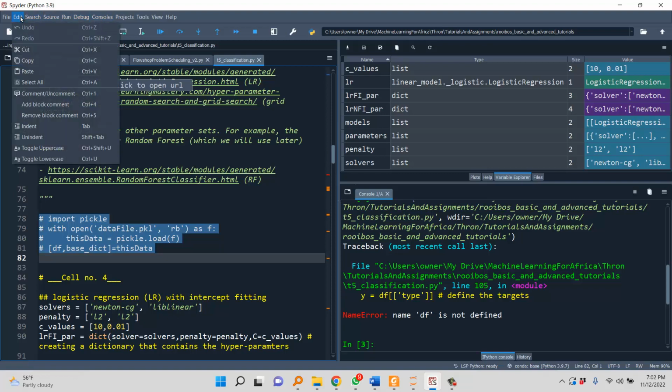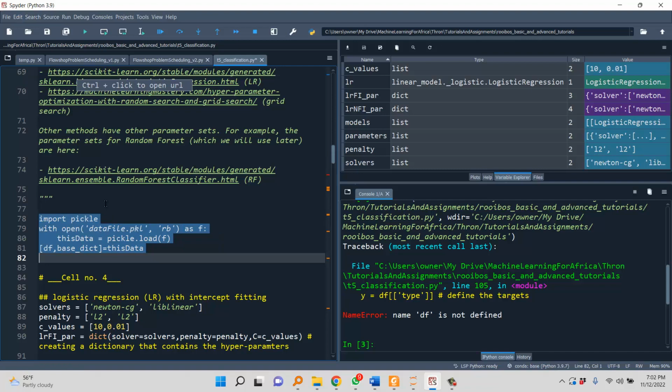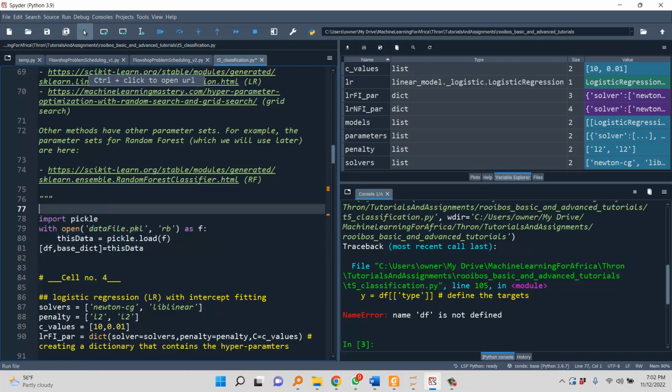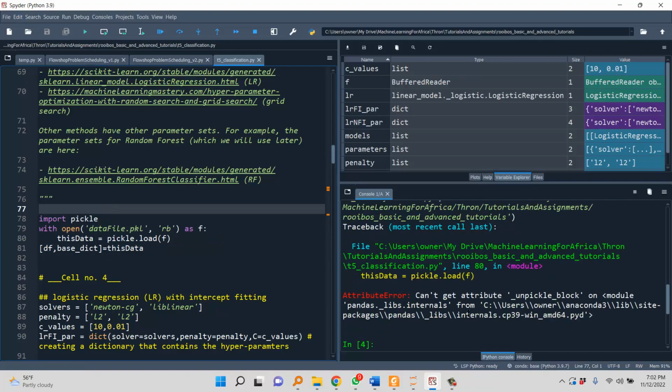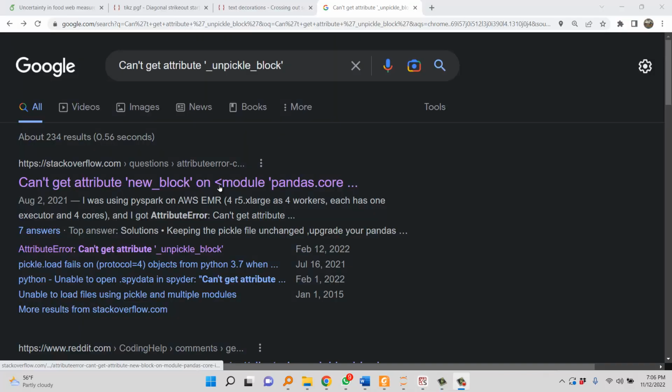Go here, edit, and uncomment. Okay. And then I should be able to run this. Let's see, I'm not sure why it's not working. Now, just to show you how to deal with issues like this, you should go ahead and Google the error